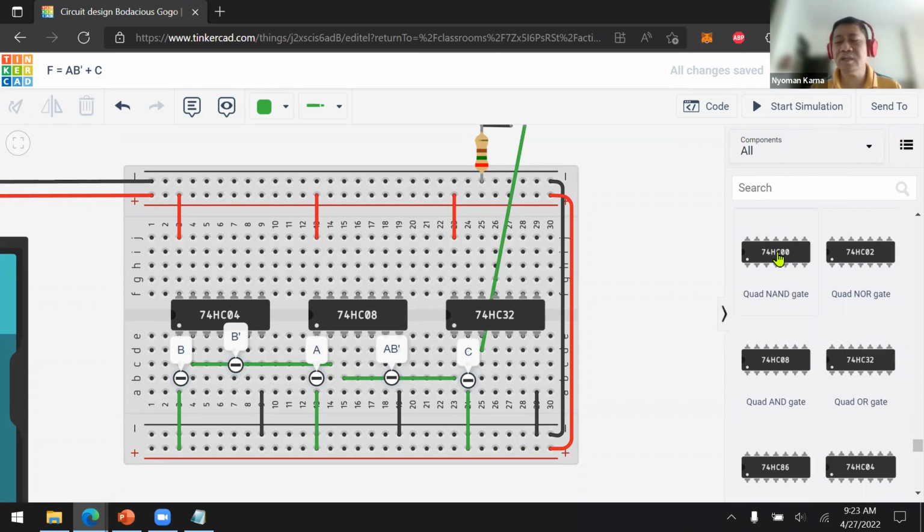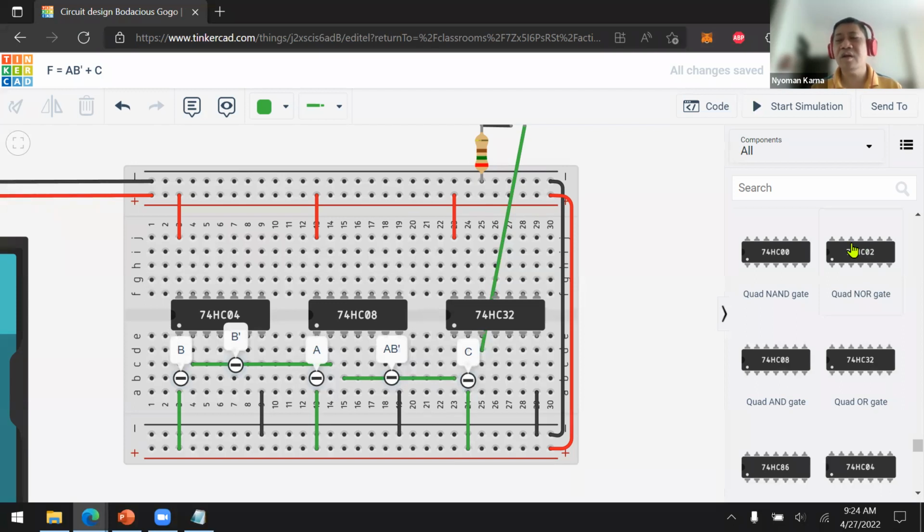For example, like this, 7400. It consists of 4 NAND gates, and they are all NAND gates. And 7402 has the same logic gate, which in this case is NOR gate.